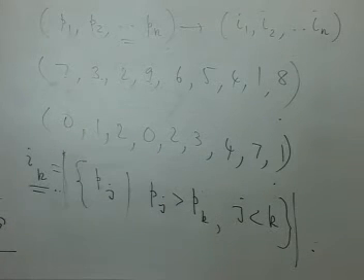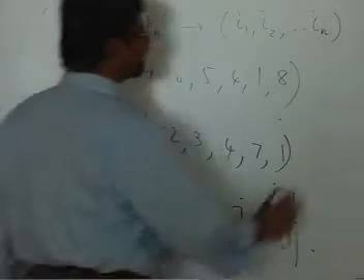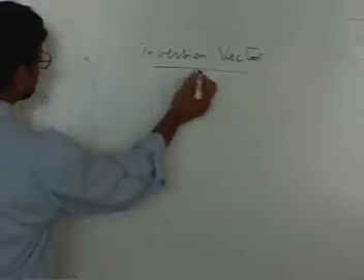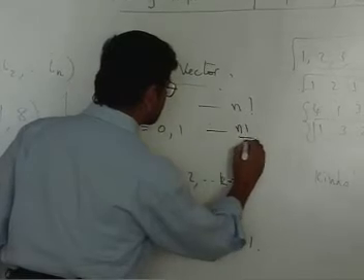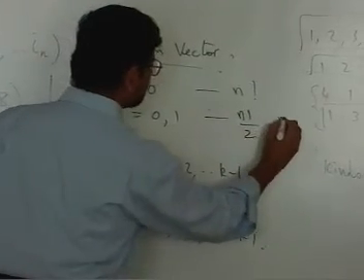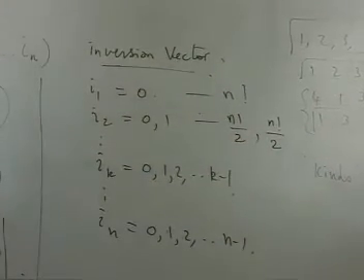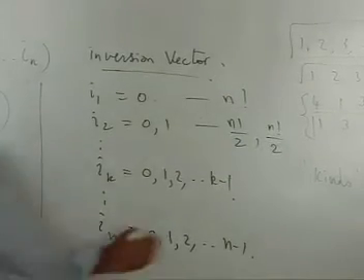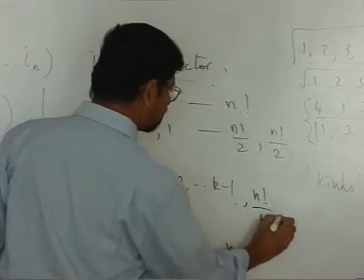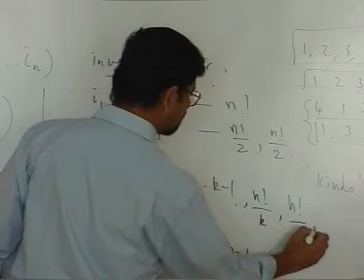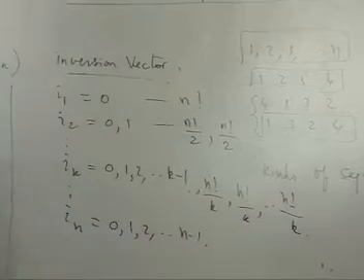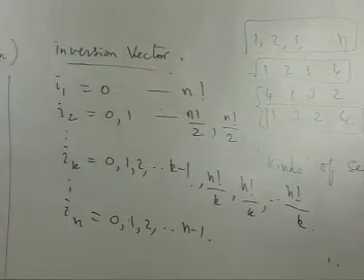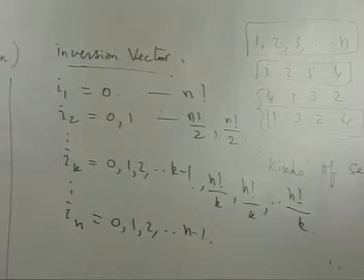And here is the inversion vector. Okay. Now it is very easy to see that if the inversion vector entry is 1, which means they are equal, that means there are factorial n by 2 of zeros and factorial n by 2 of ones. It is very easy to generalize, and here you will have factorial n by k zeros, factorial n by k ones and factorial n by k minus ones. This is what the Iks will be.